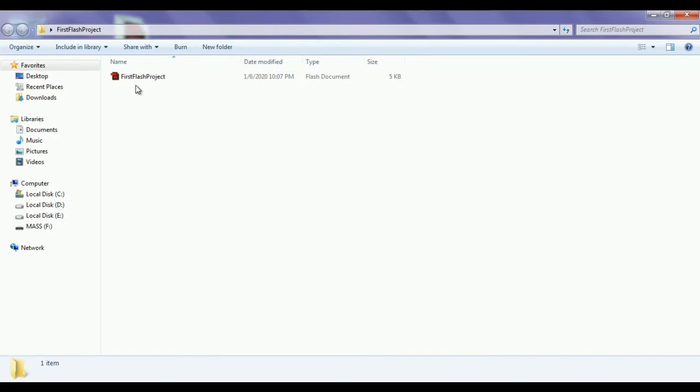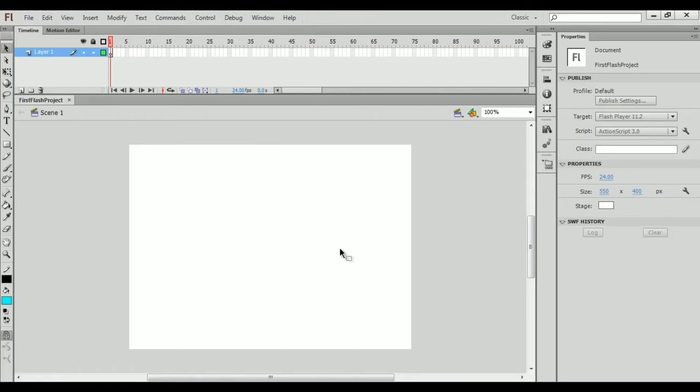If you double click on this file, it is going to open inside the Flash application. Same thing happens in Animate CC also. Only thing, you see a different icon here. You see AN written here instead of FL. So that is how you create a Flash document, guys. Whenever you want to edit the Flash document, you just double click on it. It is going to open inside the Flash software and you can start editing.